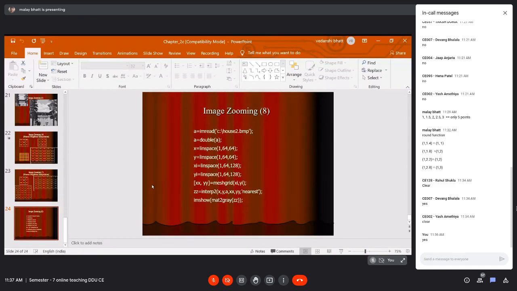XY is the original grid, XX and YY is the mesh grid which is generated, and we have the interpolation function with the keyword nearest.